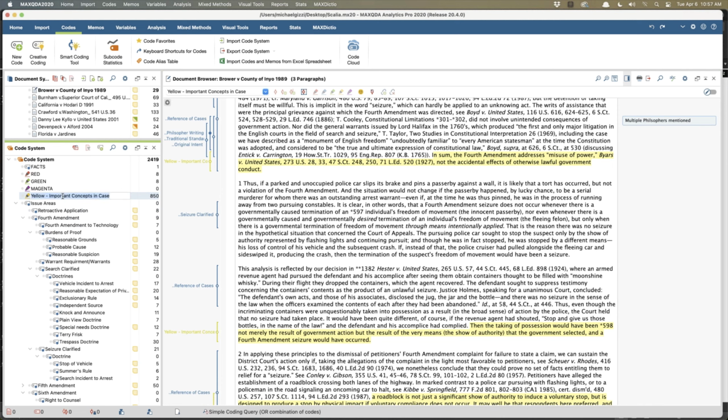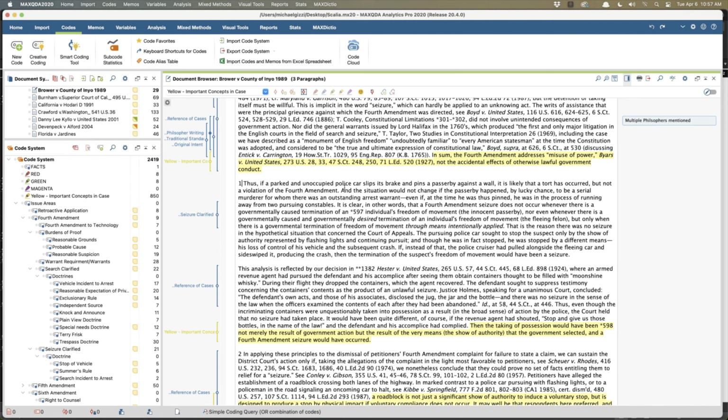Instead of right-clicking to rename, I like to sort of click into it. What I would do, and my student chose just to leave yellow there because he knew it meant something to him, I guess, by keeping it there. You could also just eliminate the word yellow, and then all important concepts in the case are going to show up like that. He had several that were red, but they were unclear to me why he coded them that way.